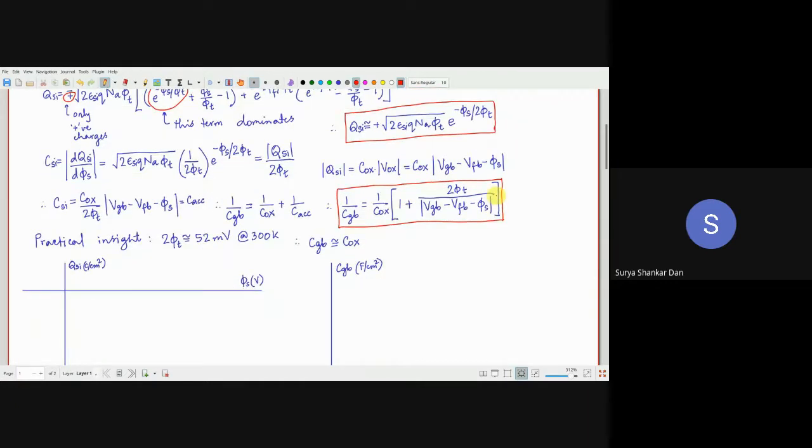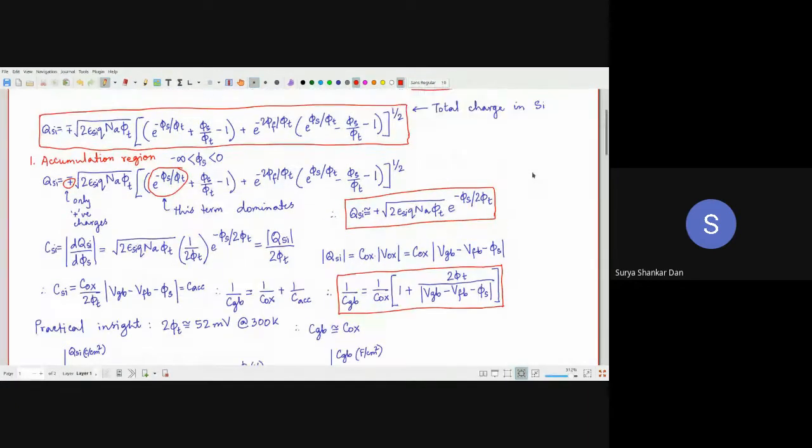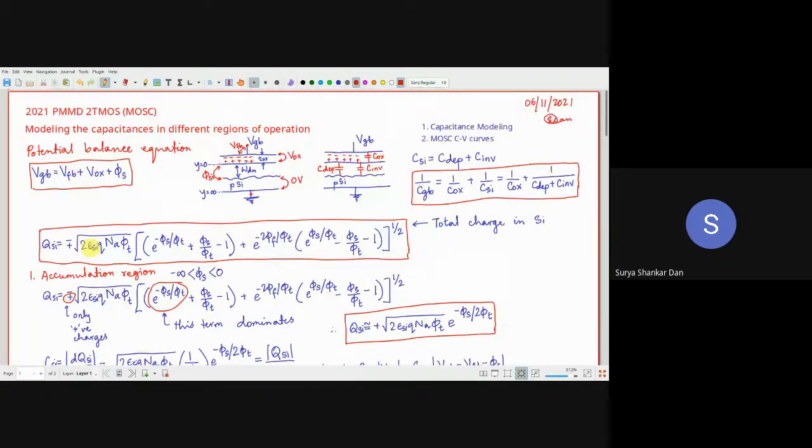Okay. Then what we will simultaneously do is this is the charge in the accumulation region, silicon charge in the accumulation region. Then what is the silicon capacitance? How will that be dependent on silicon में जो voltage है वही होगा. Okay, so whatever charge in the silicon, the rate of increase of the charge in the silicon divided by the change in the voltage across the silicon. यहाँ पर dVGB नहीं है, ये phi s है, because as I told you, the silicon charges are distributed inside this depletion region, and this phi si